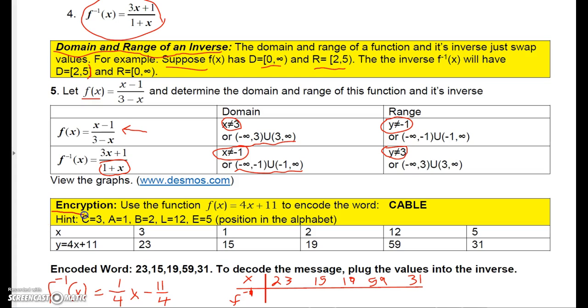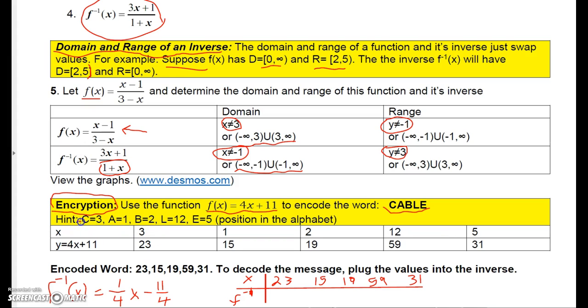Encryption is basically a way to hide or encode a secret message. So let's suppose I were to use the function 4x plus 11 to encode the word cable. I just randomly picked that word. It doesn't really come from anything special. Now,